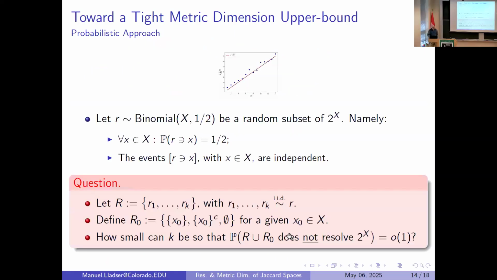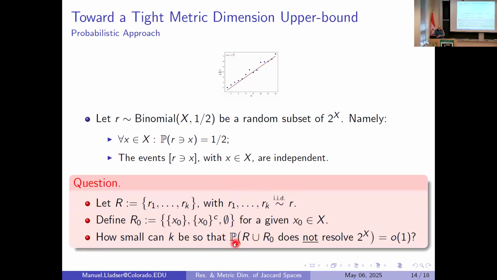Okay, so now I want you to remember this. I told you I didn't see any pattern except that roughly that slope is 1/2. So we said, let's suppose that I choose landmarks that are binomial, the set x, 1/2, meaning that every point is in the landmark set half of the time, and those events are independent overall. So the question to learn to resolve sets of the same size is, if I give you a set of landmarks, produce a random ID in that way,